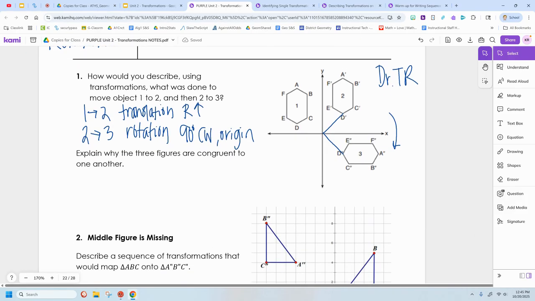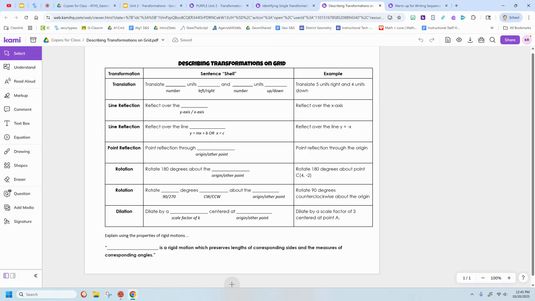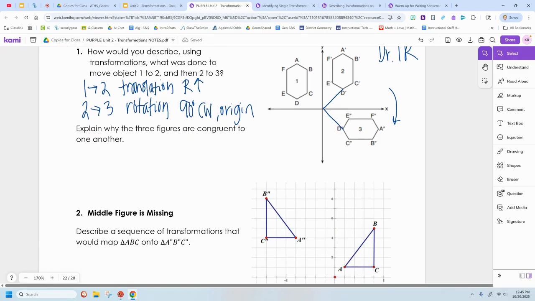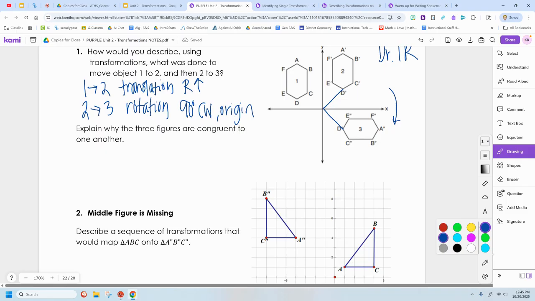All right. So now explain why the 3 figures are congruent to each other. So at the bottom of your green sheet, it says here: blank is a rigid motion which preserves lengths of corresponding sides and the measures of corresponding angles. Remember this phrase that I keep trying to force down your throat? So when we go back to our notes, why these 3 figures are congruent, it's because, I'm going to say because